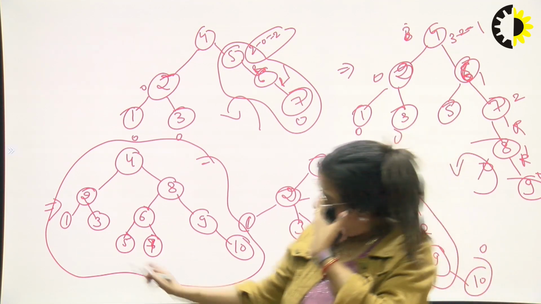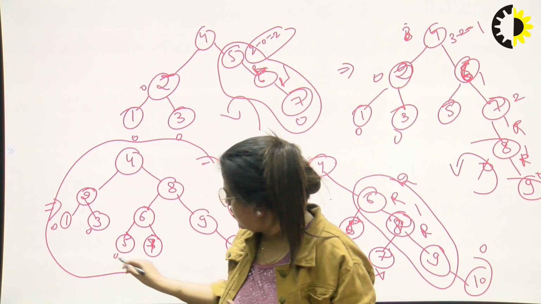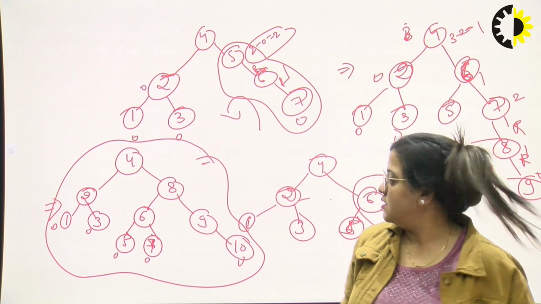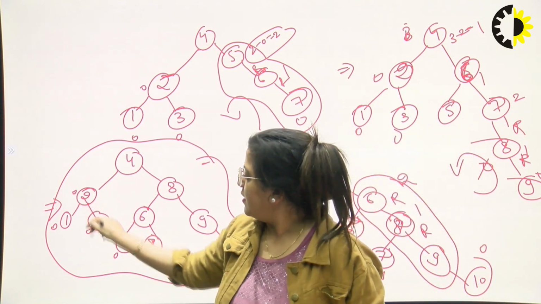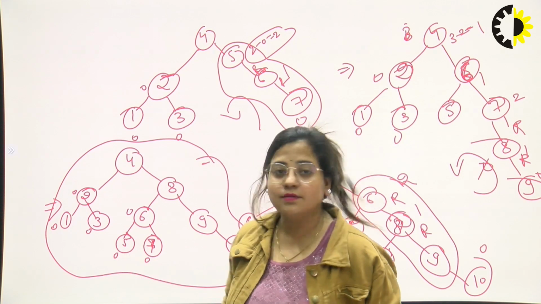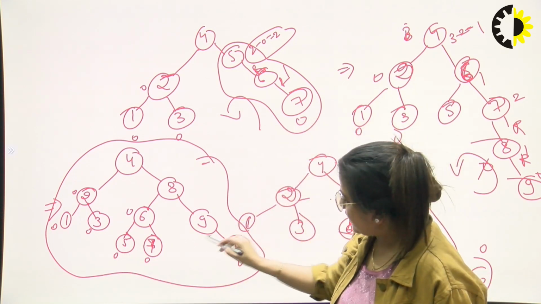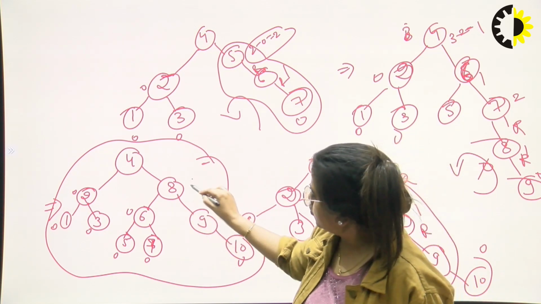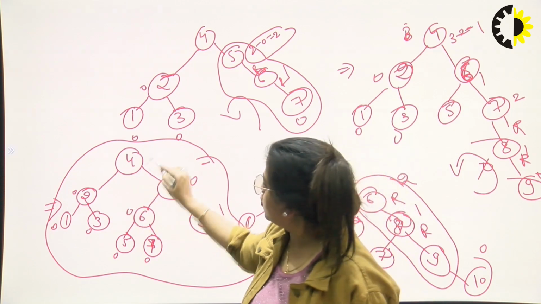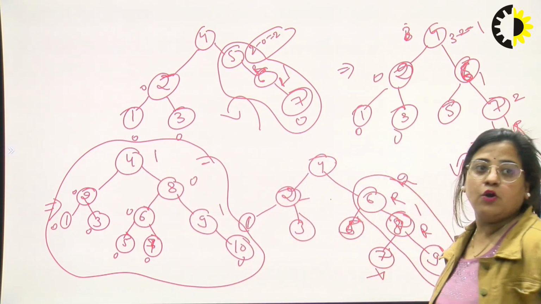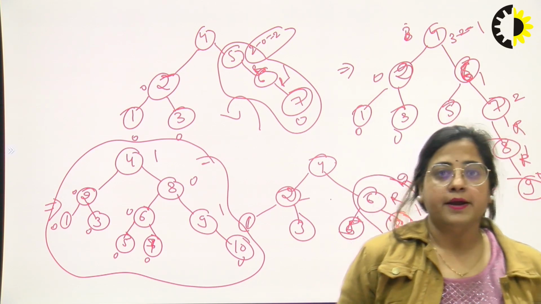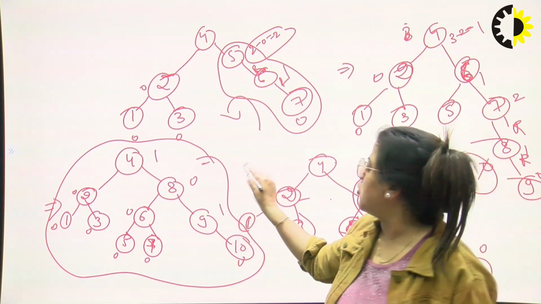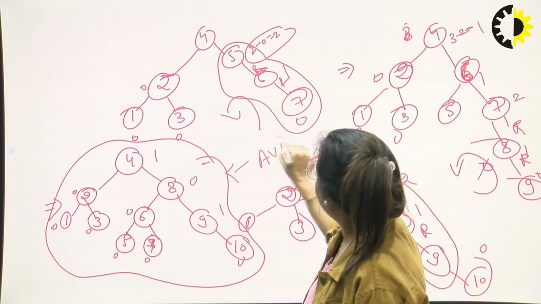Check again balance factor 0, 0, 0, 0, 0, which means all leaf node balance factor is always 0. Now check internal node left minus right 0, left minus right 0, and check again right minus left, so right is 1, again 2 minus 2 0 and 3 minus 2 1. So each node has a balance factor of 0 or 1. It means this whole BST is a balanced BST, also called an AVL tree.